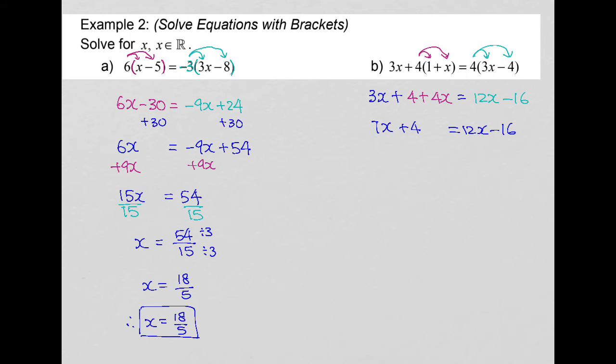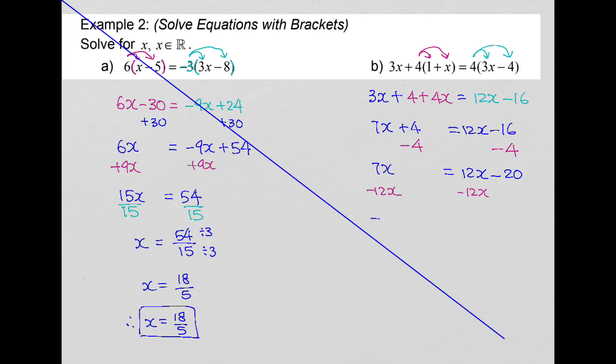After you simplify the equation, we collect the like terms. And after you collect the like terms, you want to isolate the variables. So let's remove the 4 on the left. So you subtract 4 on both sides. You get 7x equals 12x minus 20. And you want to remove the 12x on the right, so you subtract 12x on both sides. You get negative 5x